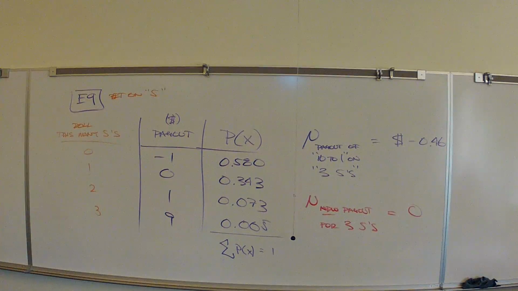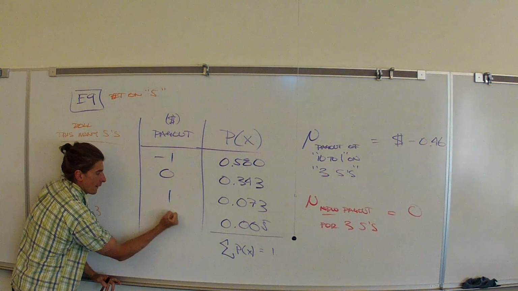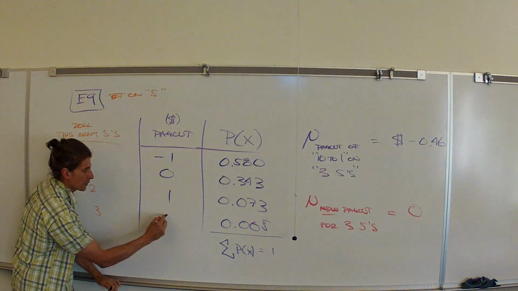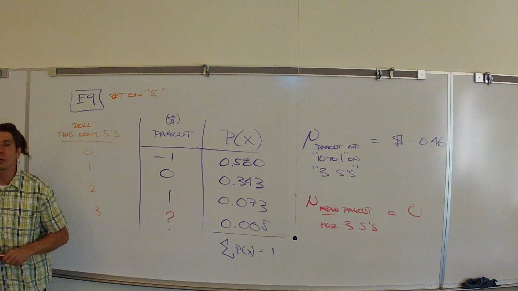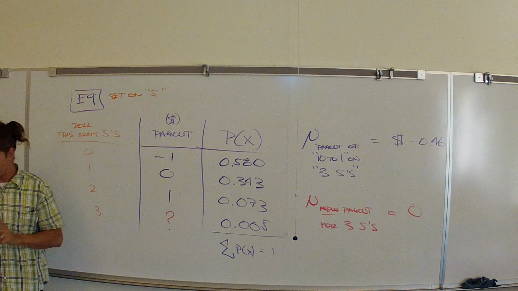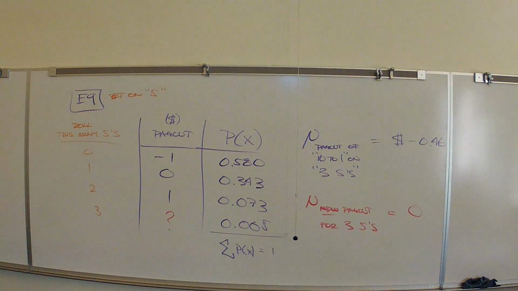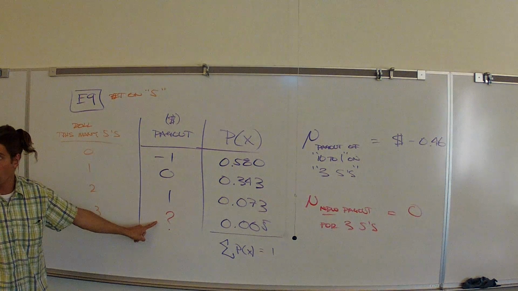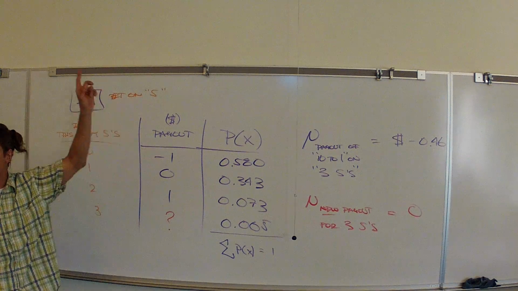The player wants that. But the casino wants to know where their break-even point is. So what we're going to do is walk over here, take this out, and replace it with a question mark. Let's go with a gut first of all. Is it going to have to be more or less than a 10 to 1 payout? Let's see hands on this one. In order to make the average positive, is that going to have to be more or less than a 10 to 1 payout? Raise your hand when you've got to vote.